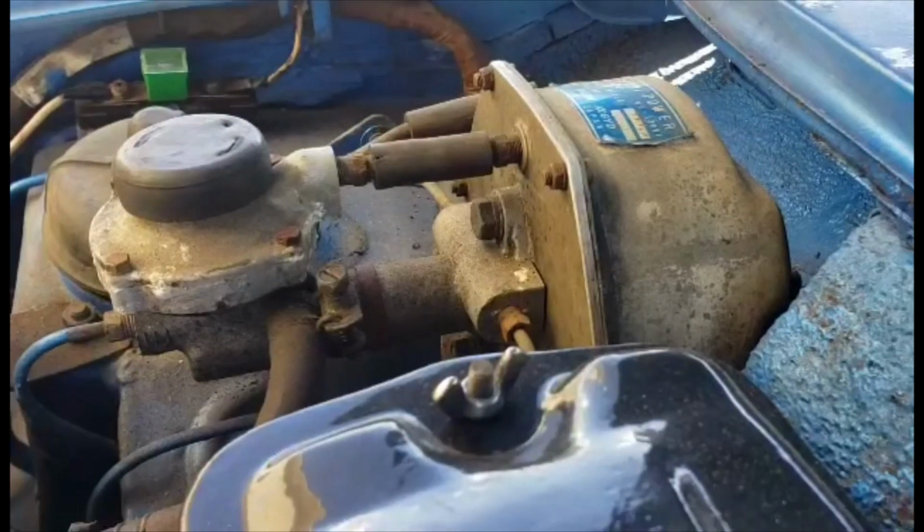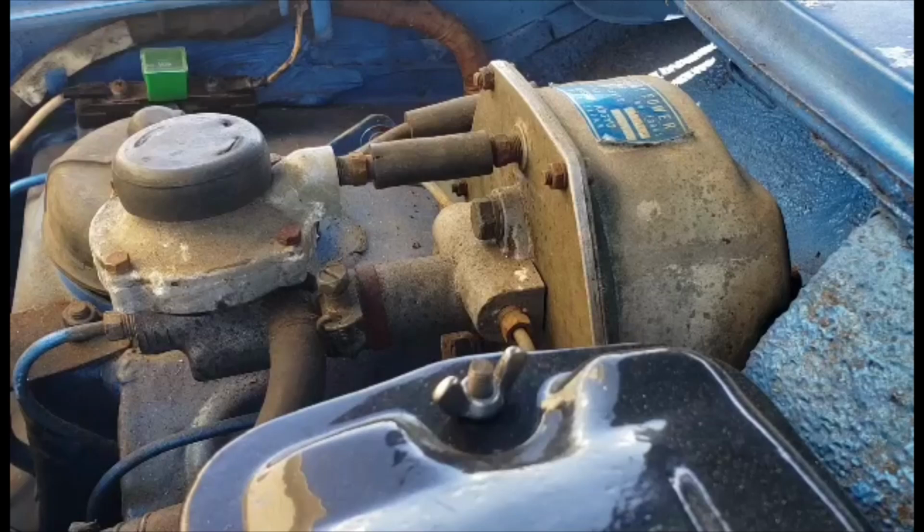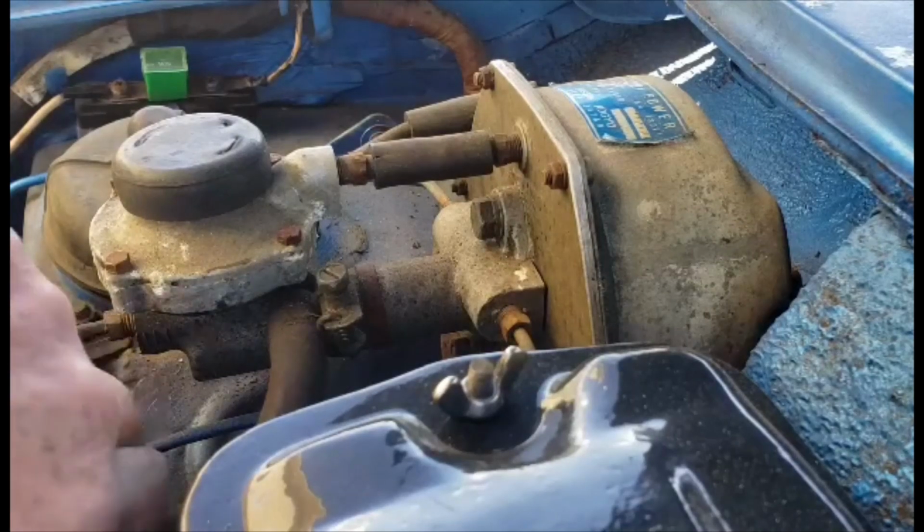Alright, Smiles from 600miles.com. I sold my little blue coupe, and the brake fluid seems to be disappearing, and usually when it does, it's leaking into the brake booster there. So I'm going to show you how to do a quick test on it to see if the brake fluid's